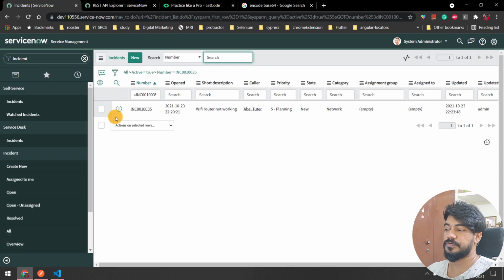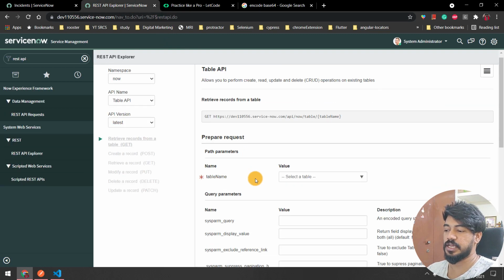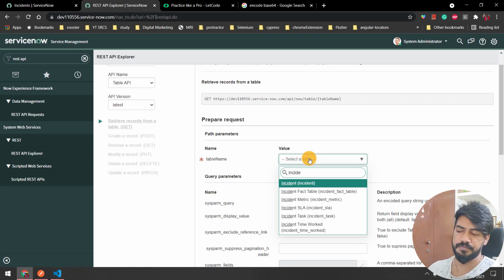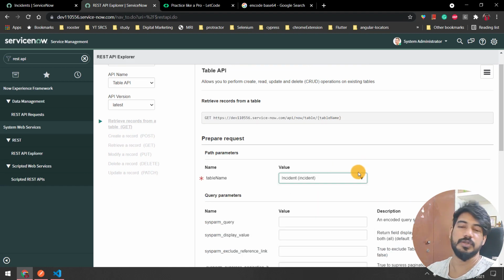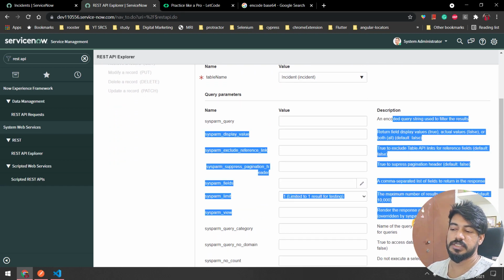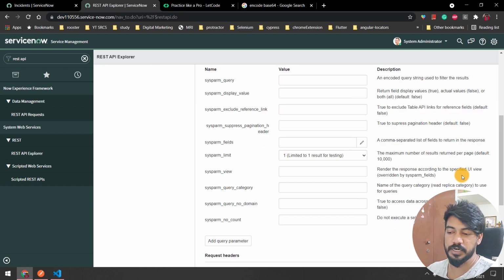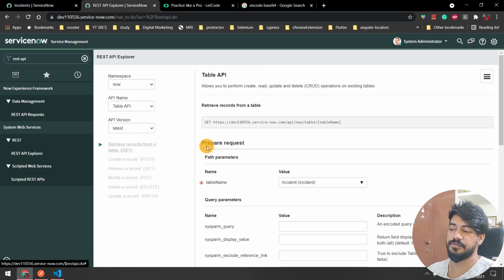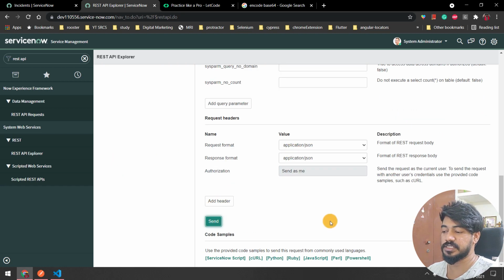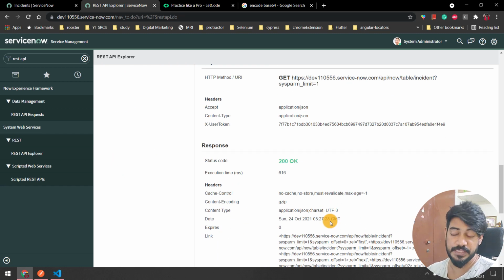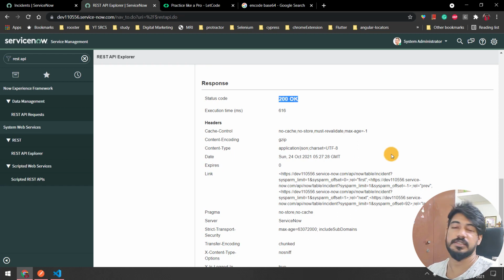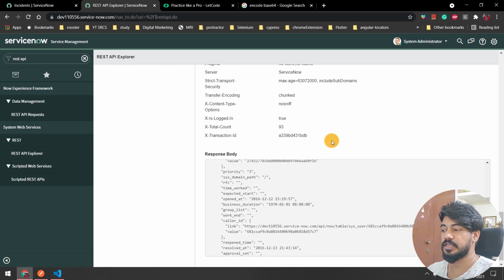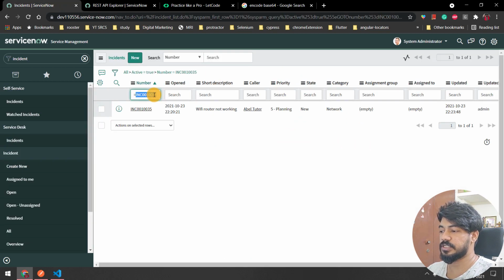Okay, so here we are dealing with the incident, right? So here I have to select the table name as incident. There are a lot of things in ServiceNow, but to make it very simple, I'm going to use the incident here. Okay, and then you can just read this description, you'll be able to understand. And here itself we can pass, for example, this is retrieve, we are doing some get, right? So if I go and hit the send key, you can see we are getting the status as 200. We got all the information like whatever we have done here, right? So in our case this is our incident number, right?